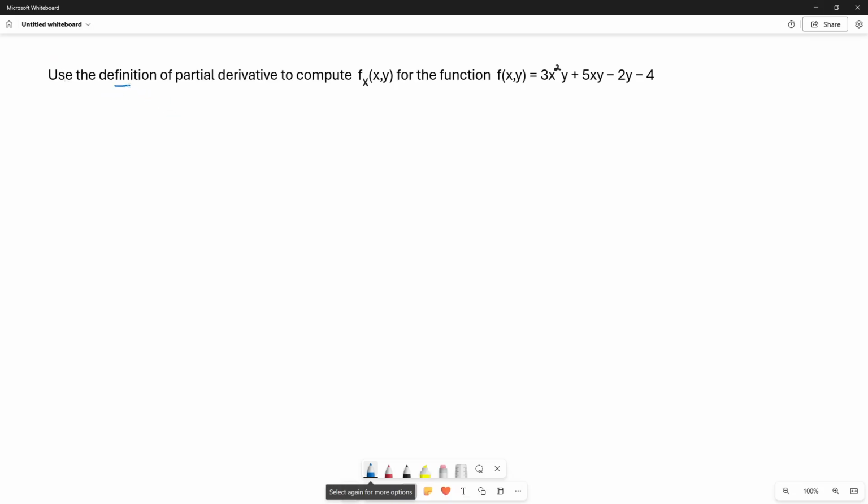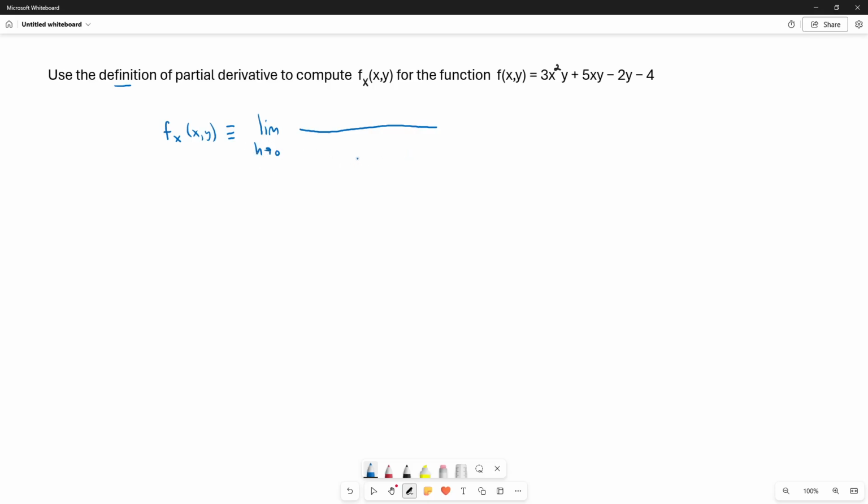Use the definition of partial derivative to compute f sub x for the function f of x, y equals 3x squared y plus 5xy minus 2y minus 4. So we would like to compute the partial derivative of the function f with respect to the variable x, and the definition says that this partial derivative is a limit of a difference quotient where the difference quotient is going